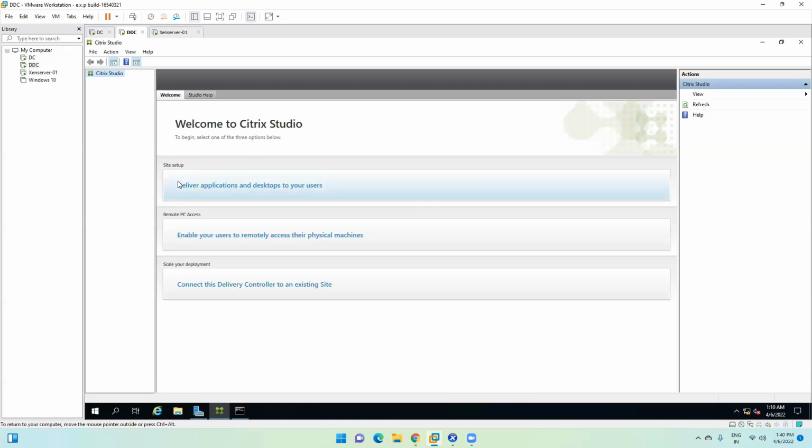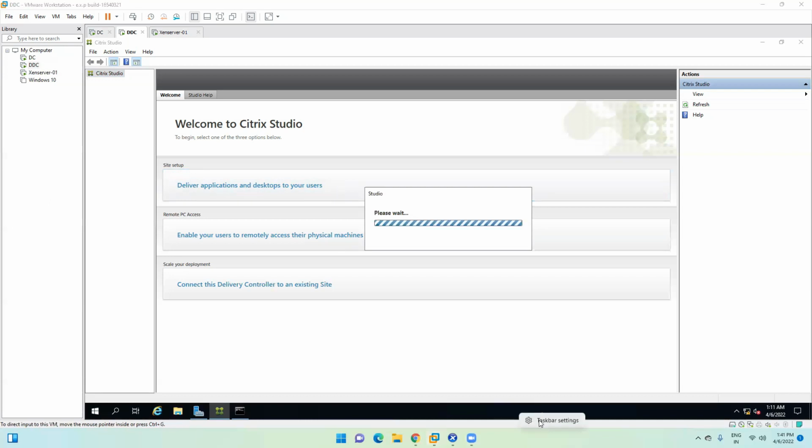Why? Because we have to set up a site. We cannot connect this delivery controller to an existing site, because we do not have any existing site so far. Correct. So I'm going with the first option, and let's wait. In the meantime, let me check the